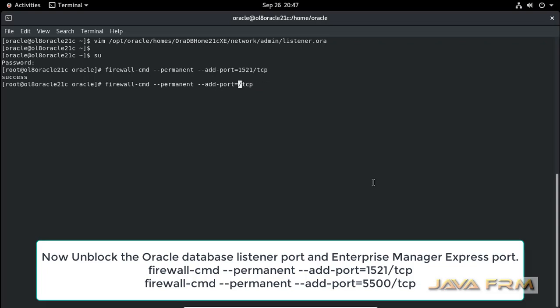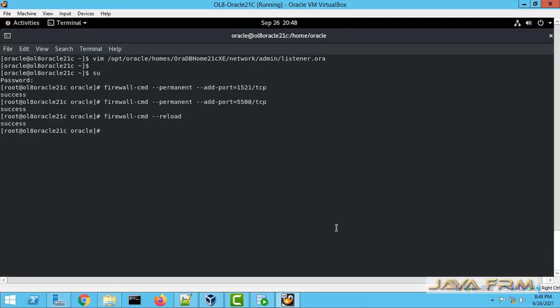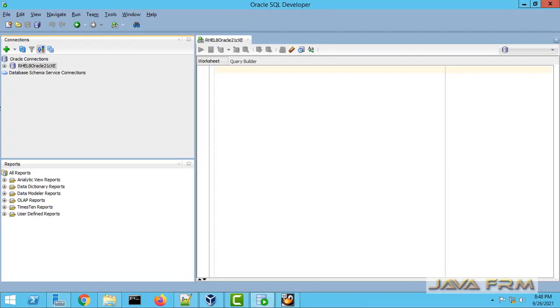Next, I am unblocking Enterprise Manager port 5500, so that you can access the database and Enterprise Manager externally from this operating system. This is the command. Make sure that you execute this command as the root user. Okay, everything is done.